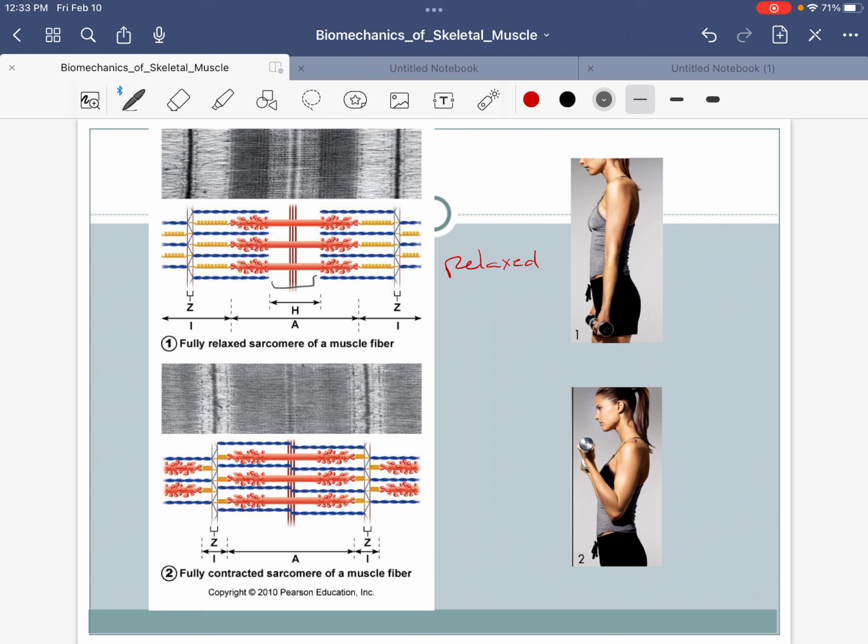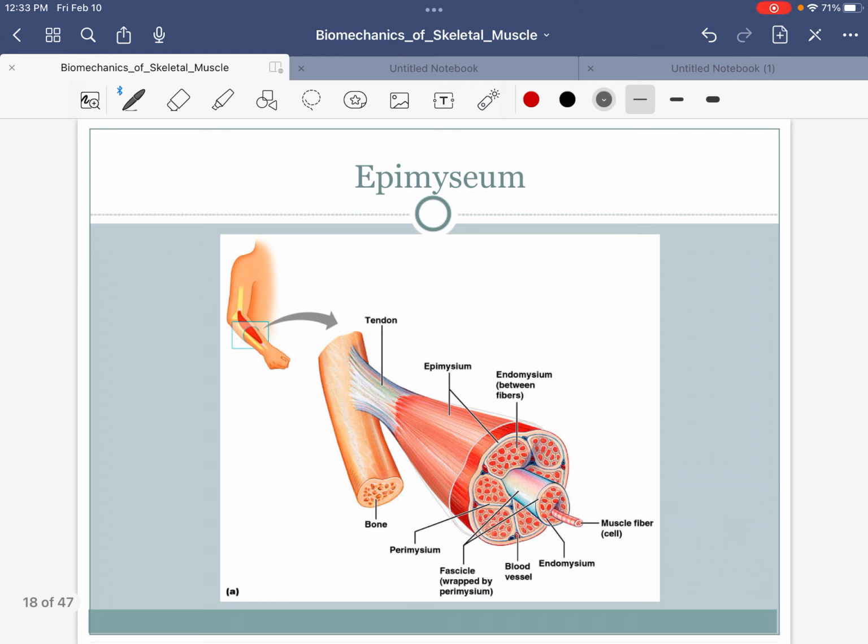That's unusual for me. So here we can see a space, right? This space between the actin and myosin is representing, well, more specifically, between the actin, right? Actin ends here, there's a space in between. That's what a relaxed muscle looks like. But those myofilaments will slide past each other. So when they're contracted, they're touching, no longer a space.